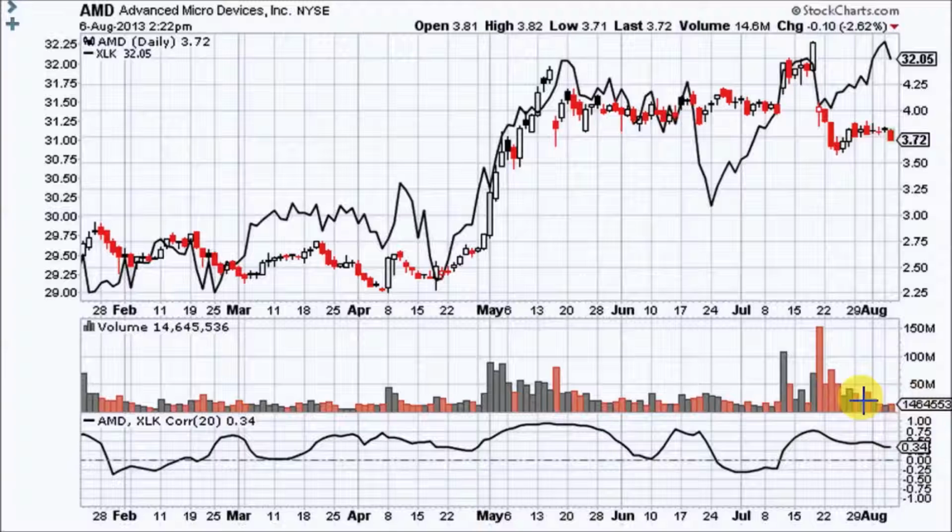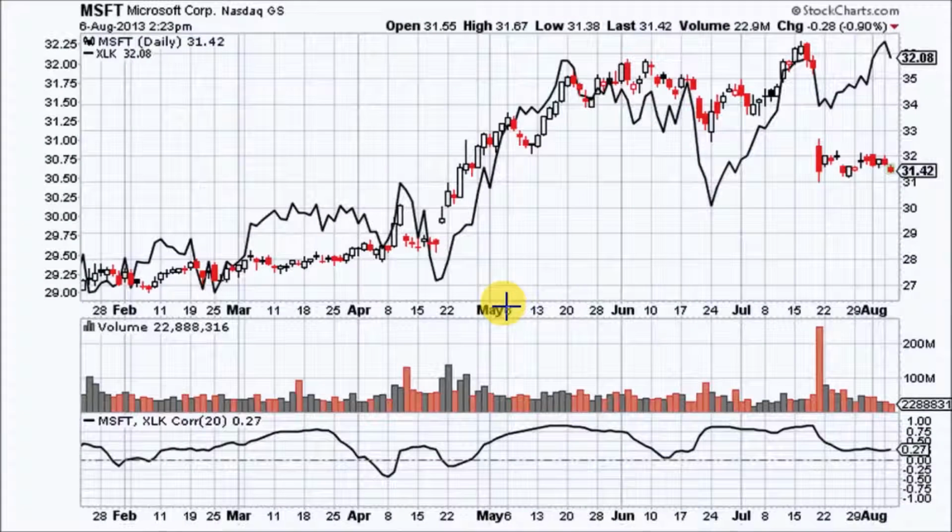Okay, now let's say you want to check out some other examples to see if anybody can do better than this. So let's load up Microsoft. Okay, it again is for the most part correlated to the XLK technology sector. Very strong areas of correlation. Some pretty weak ones right here,